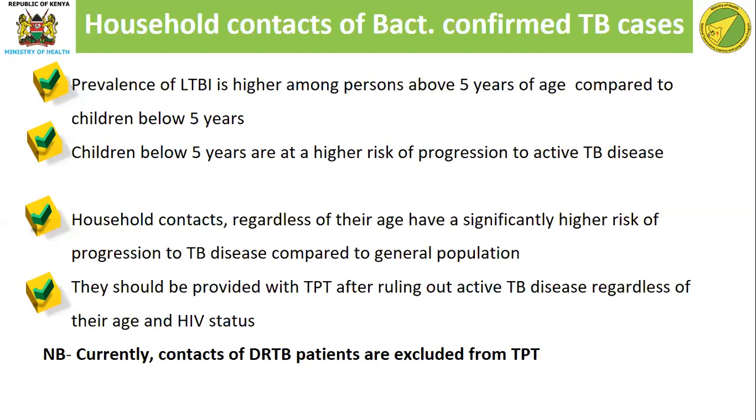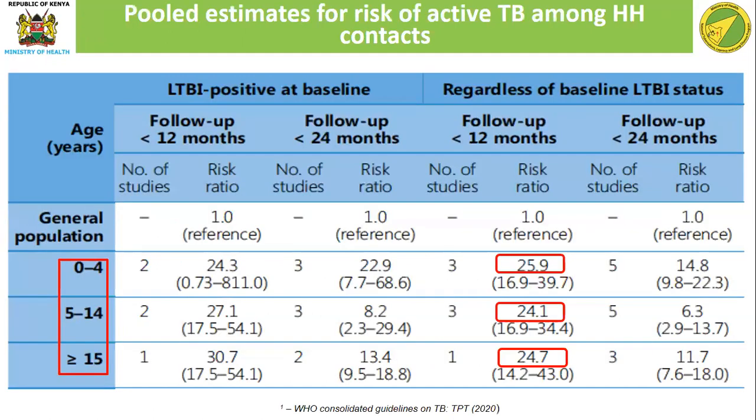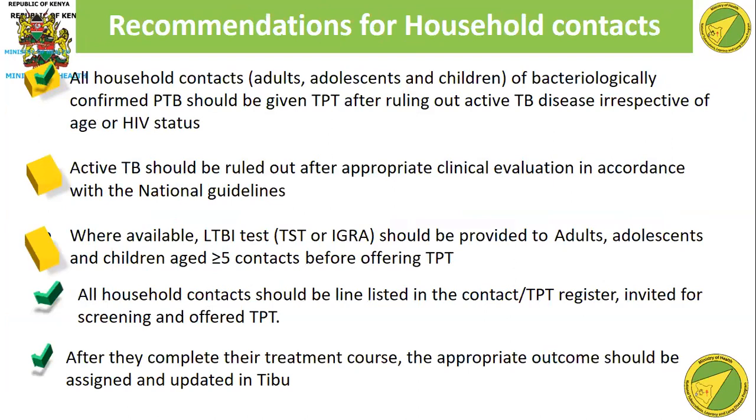If you get a DRTB patient, have the contacts screened. If it's offering the X-ray, have all that done, but you'll handle the ones that are symptomatic. The ones that are asymptomatic will not get TPT. I'll skip this in the interest of time. So this is the recommendation that we are saying: all household contacts, regardless of their age, the children, adolescents, and the adults, of bacteriologically confirmed